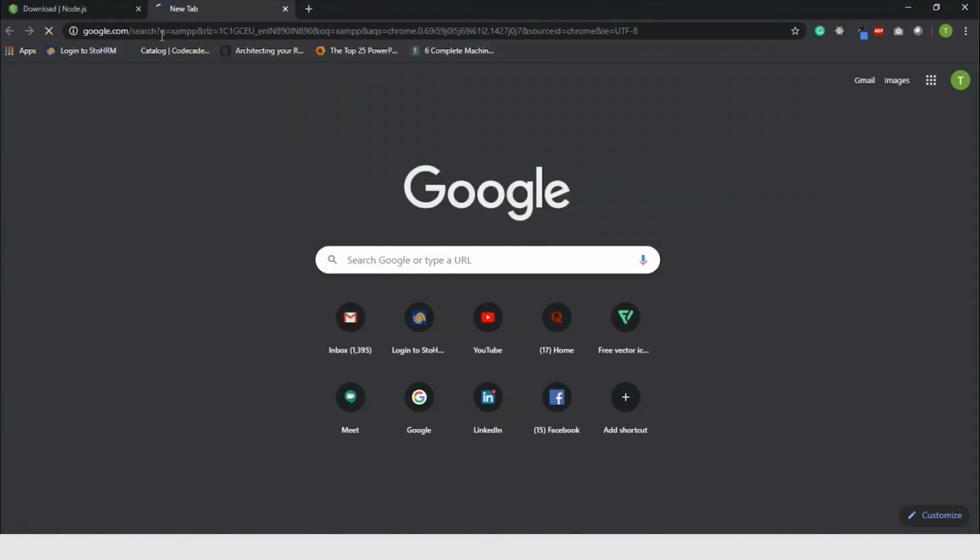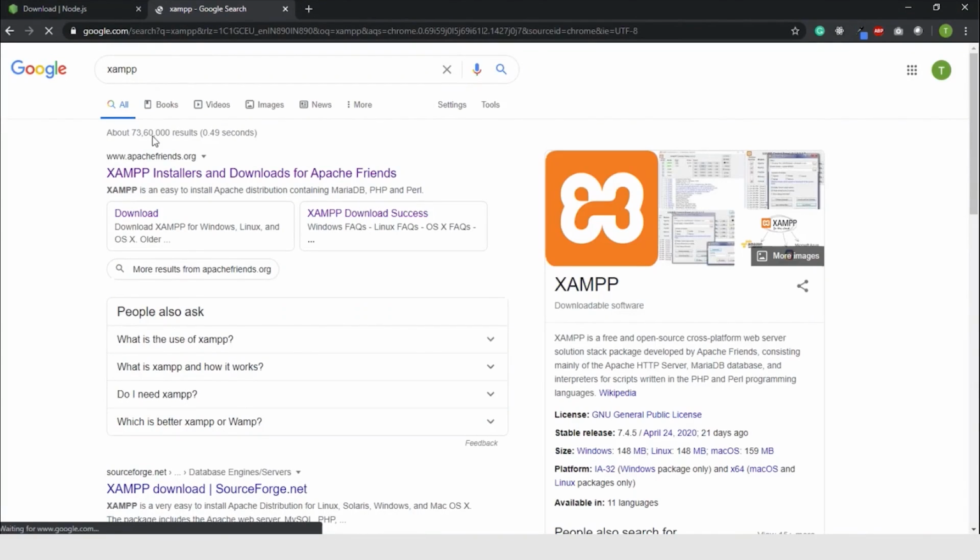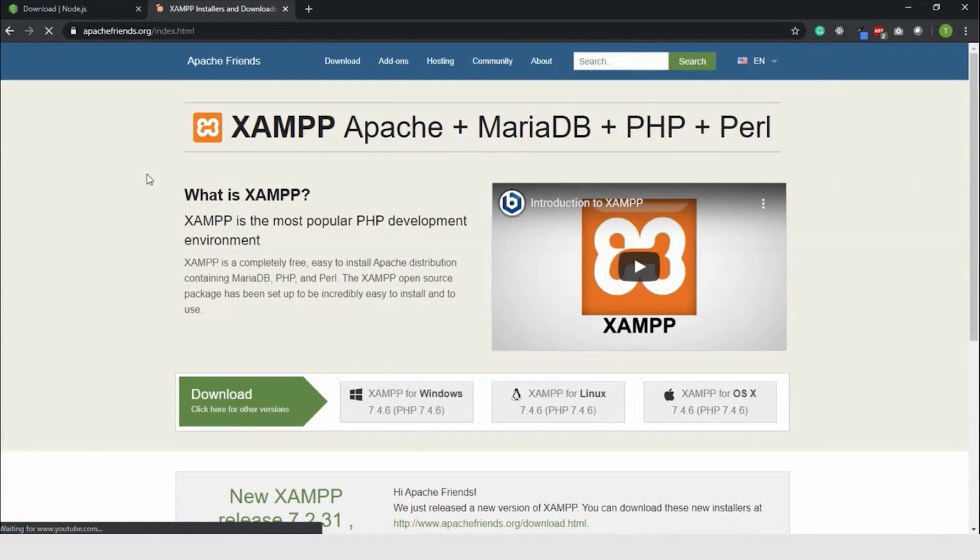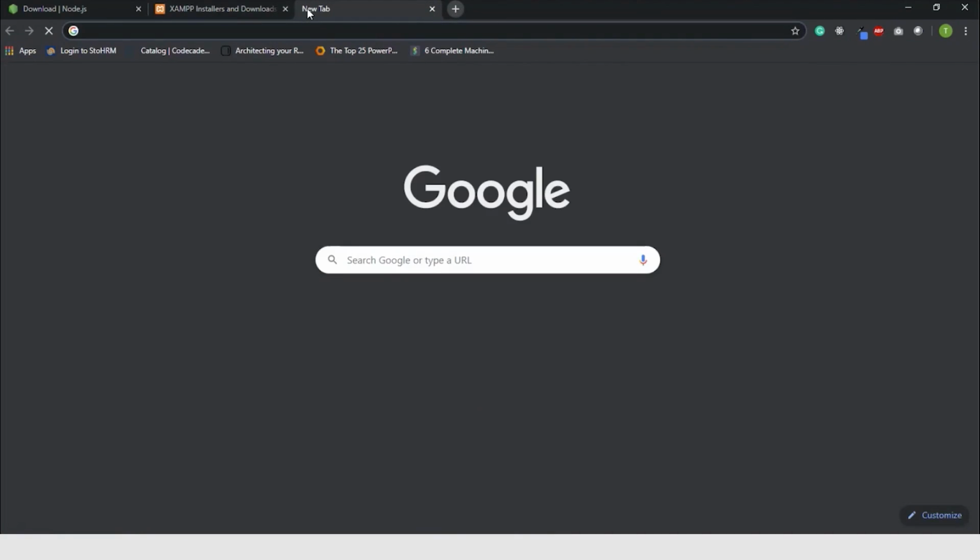The next is to install XAMPP. So we're going to go to XAMPP installers for a quick search, and that's on the apachefriends.org site. And here we have XAMPP available for Windows, Linux, and Mac OS X. And then finally, we want to go ahead